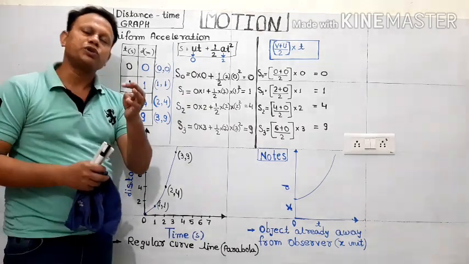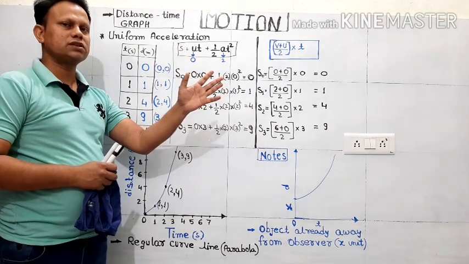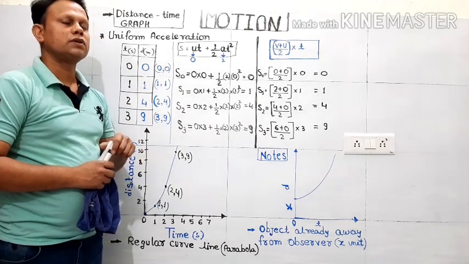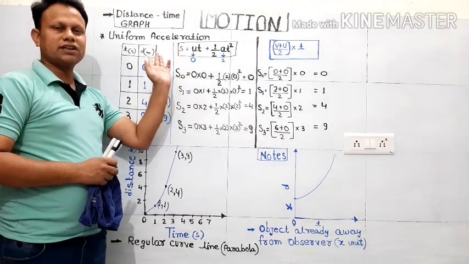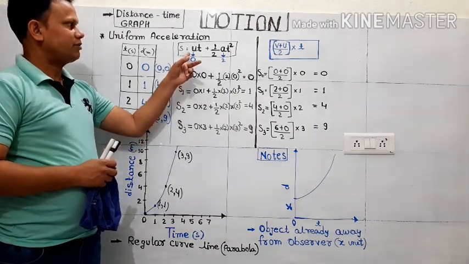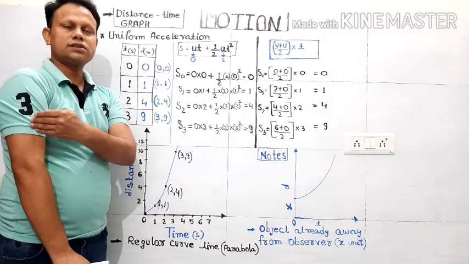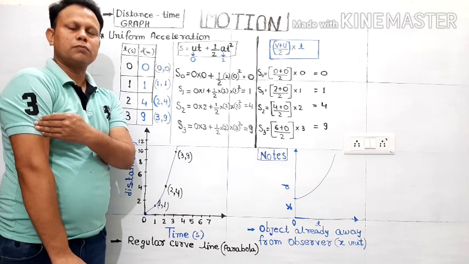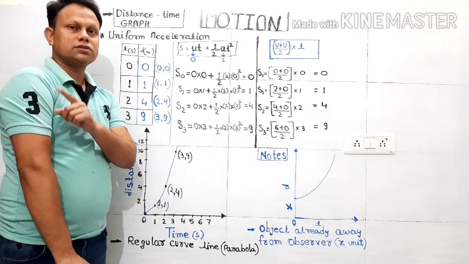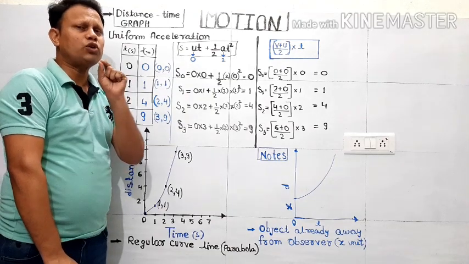Now, as you know, according to equations of motion, since we have to find out the distance or displacement of the object, and since we are taking the same straight path, we can treat both words as the same. So to get the displacement of the object at different times, we have to take a situation. Suppose I have taken the initial velocity of the object at rest, and it is just starting its journey beside me. So in that situation, initial velocity is taken 0, that means at rest, and there will be some value of acceleration also.